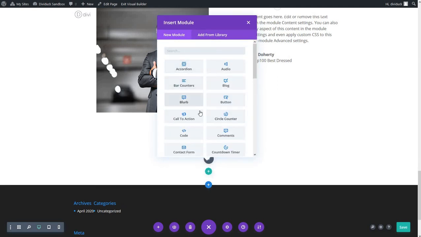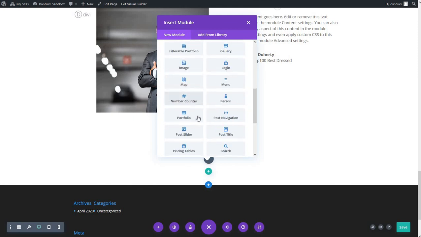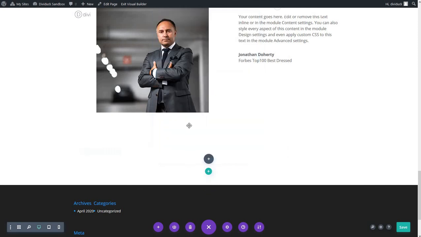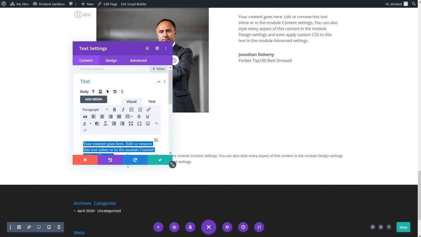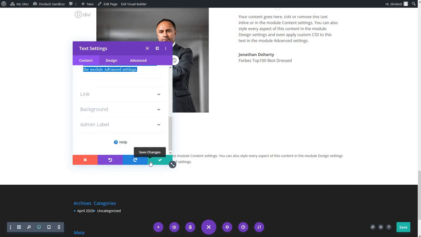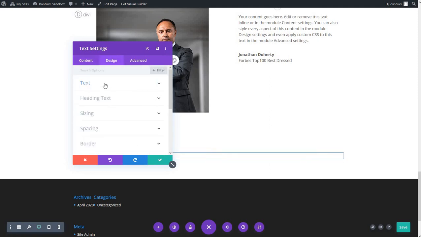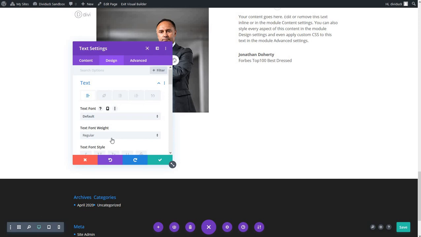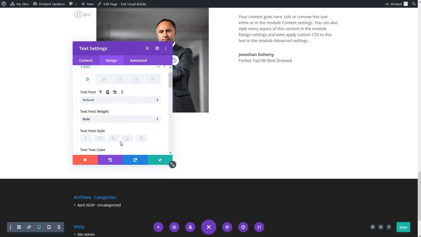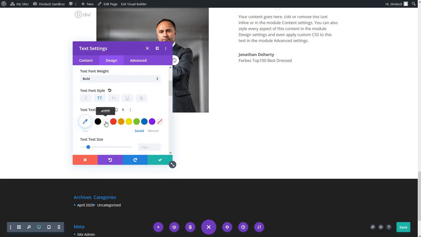So we put in another text. Need help with your company. Perhaps this one we can make bold, caps it all, put it in the center, maybe make it about 20 to keep it uniform with the one at the top,